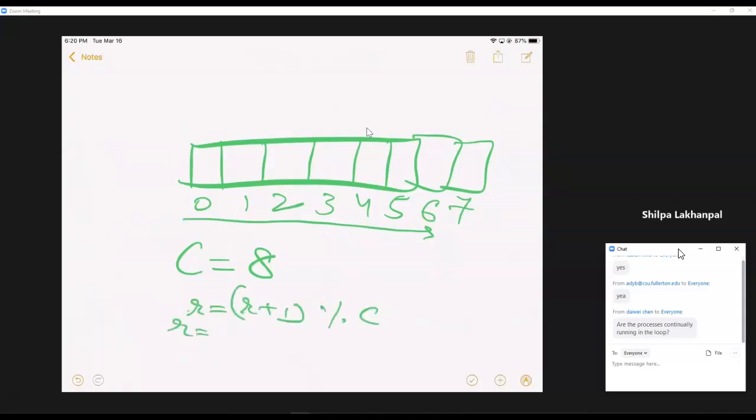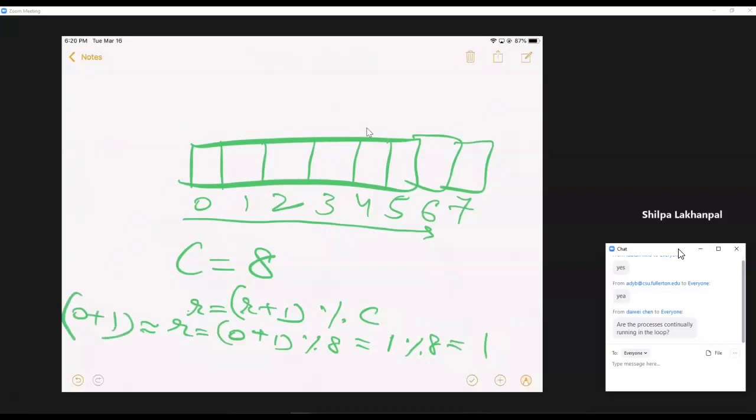When R is 0, you have 0 plus 1 mod 8, which is 1, which is very similar to just 0 plus 1, which is 1, right?